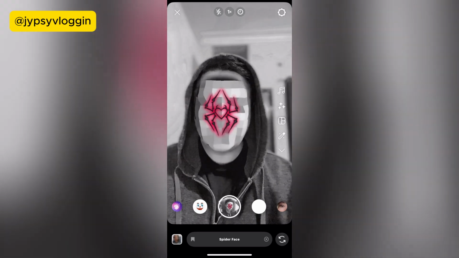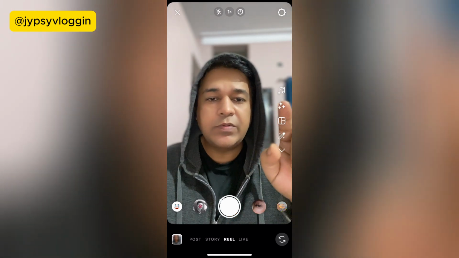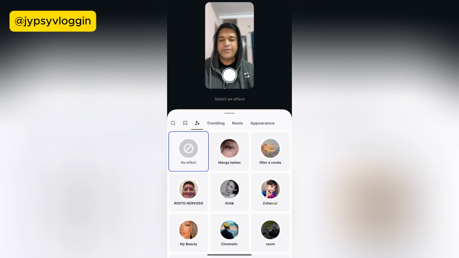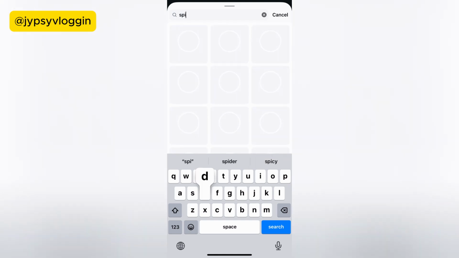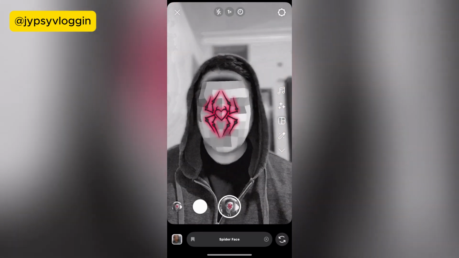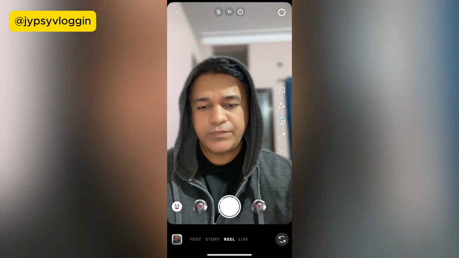Okay, so to get this effect, what you have to do in the reels, remember this image. Okay, this is the effect icon. Tap there. Okay, now in the search for spider, and you will get this effect. Okay, and suppose you are not getting the effect like this from the search, what you can do,